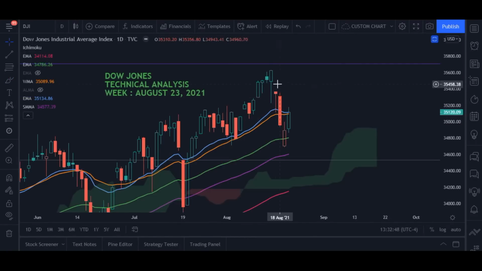We are now here on the daily chart. If you look here on the daily chart, this was the candle that was formed on 13th of August. Then on 16th of August there was this very heavy bullish hammer, so on this day it was expected that the next day the market will move up and hit this resistance, but the market did not, because there was a very heavy gap down opening.